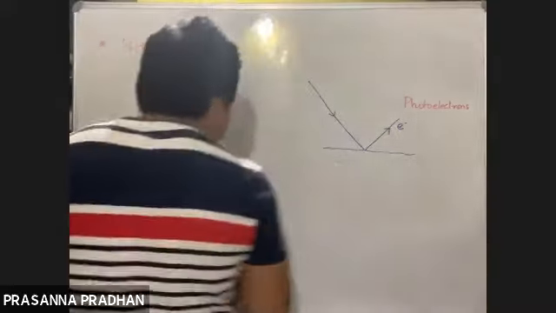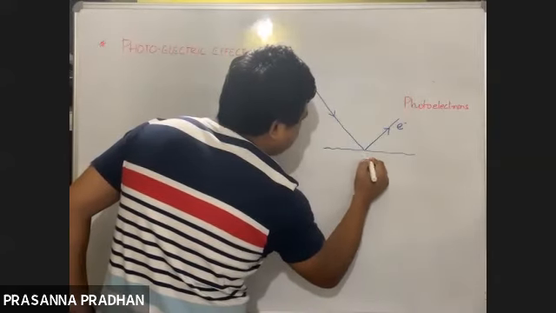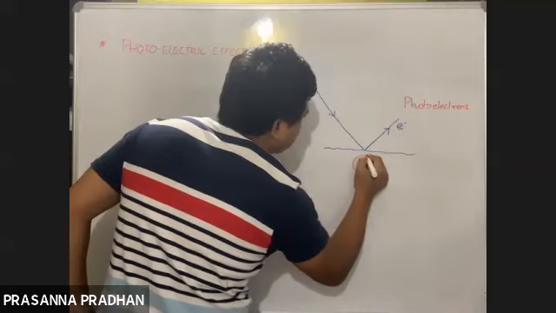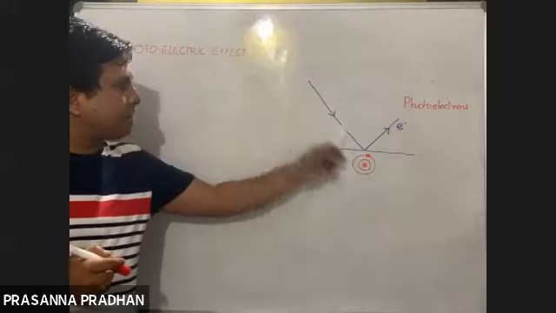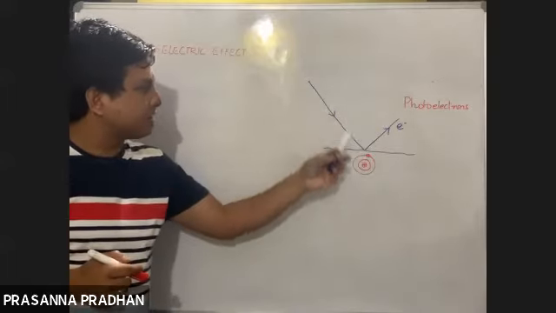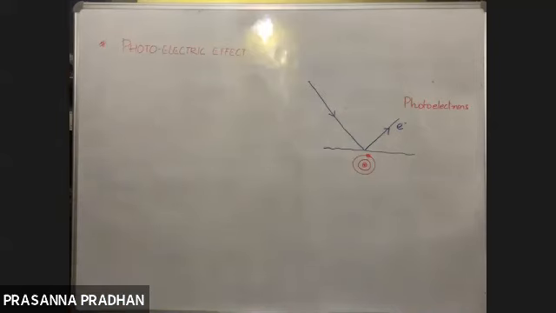Now what do we know? We know that your metals, yes, they are made up of atoms like this. They have outermost electrons out here. So obviously this light, what will it do? This light will knock off this electron. And whenever electrons are ejected, what do we know? There will be a generation of electric current. Okay, so this effect is known as a photoelectric effect.